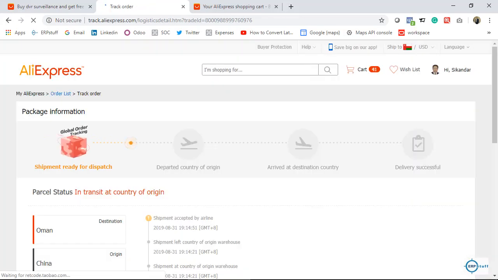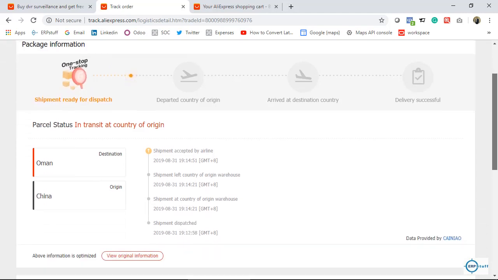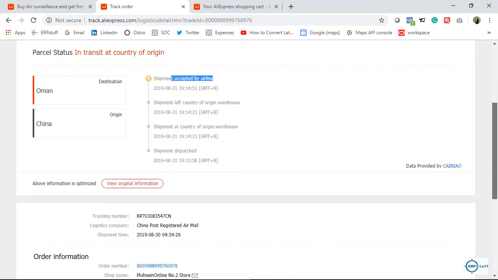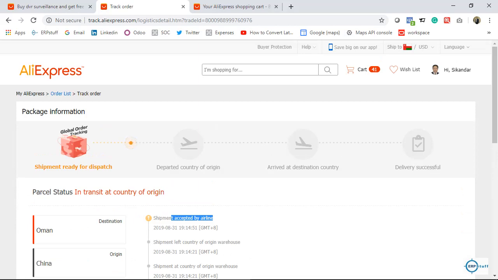This is a bit older. It is just 2 or 3 days old orders, not that much. Okay, if you see here, so it is giving you the status, right. Shipment dispatched, shipment left country of origin, warehouse, shipment accepted by. So, once it will leave the origin country, then it will reach to your country and things like that. So, you can track over here, right. Okay. Now, if I go back